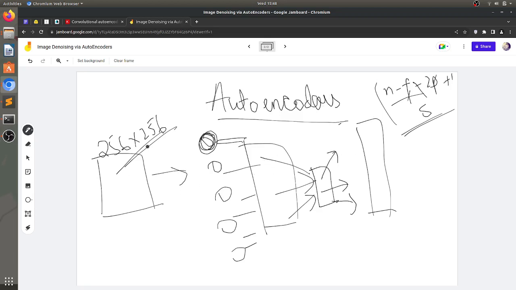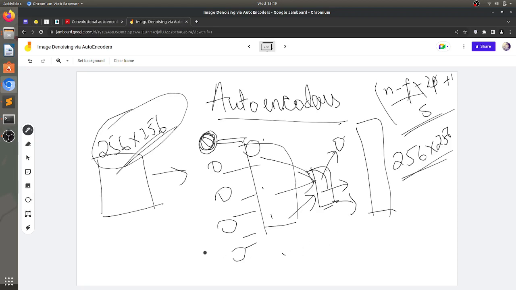So basically we want to construct the same dimension, 256, 256. Also here we want 256, 256. How do we do that? We can do that via autoencoders. The autoencoder would do this: you construct a lot of convolution layers and then you reach the last convolution, then you do upscaling via conv2d transpose. So convolution 2d is a feature extractor,